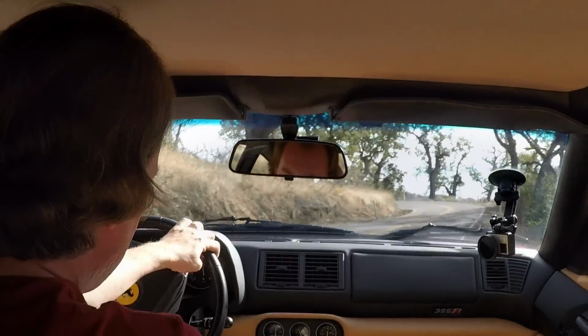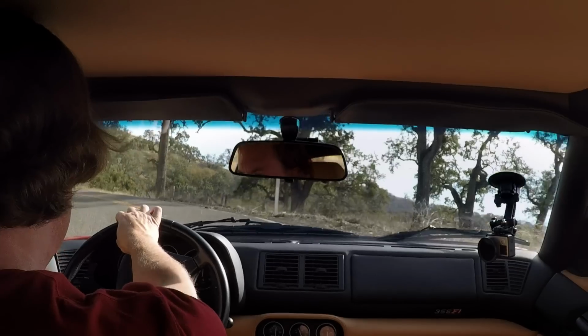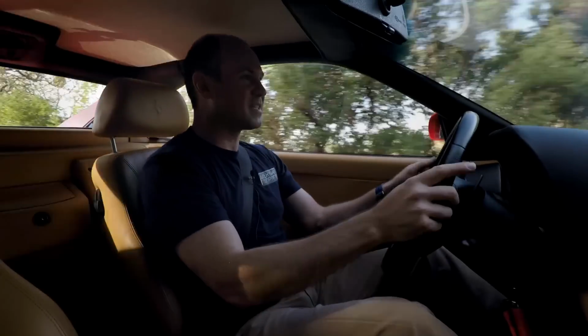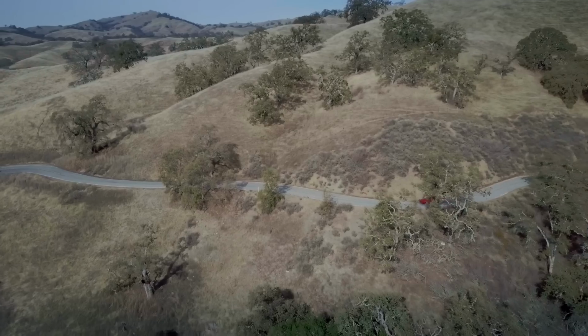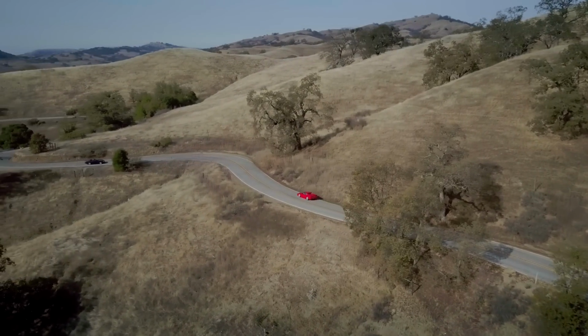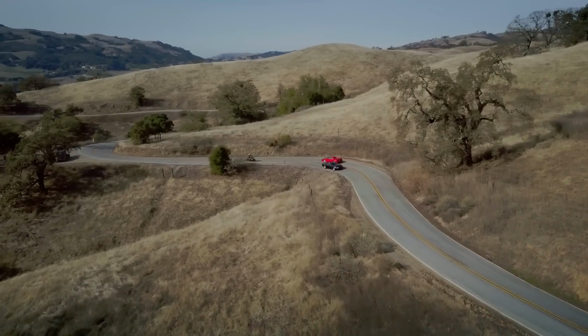Look at how much movement my hands require. This is a slow steering rack and a big wheel. This takes real effort to stay ahead of it. The beauty of this steering rack is that it's progressive from lock to lock. There isn't a dead spot. There is nothing changing about the steering feel. It's heavy, it's solid, it's weighty, and it gives me feedback. I can feel what the tires are